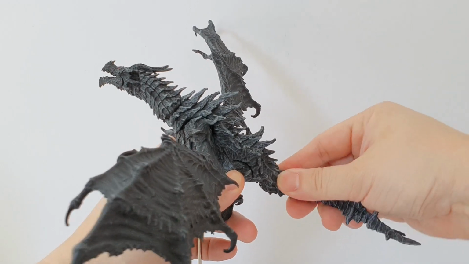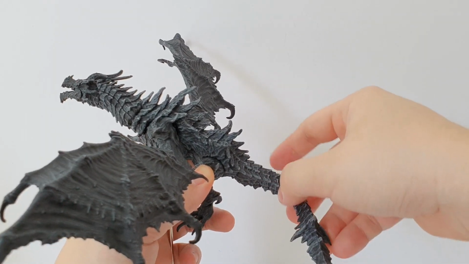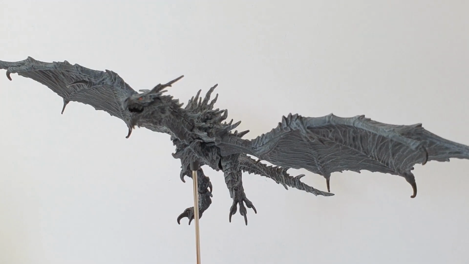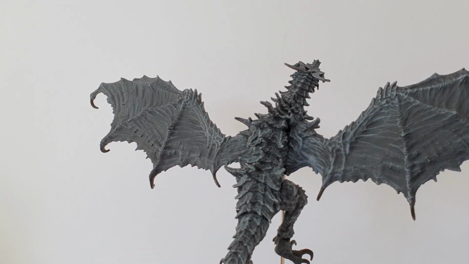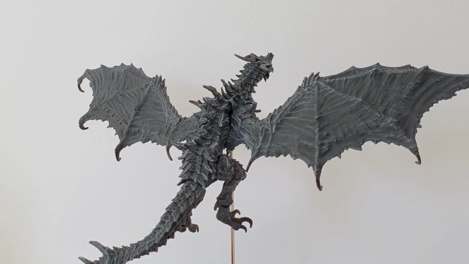The tail, this part is actually on a ball joint and it is bendable, which I love, actually. So in terms of the paint job, let's talk a bit about the paint job. So here he looks all around. It's pretty much the same thing you're seeing all over, except for the eyes, which have that glowy